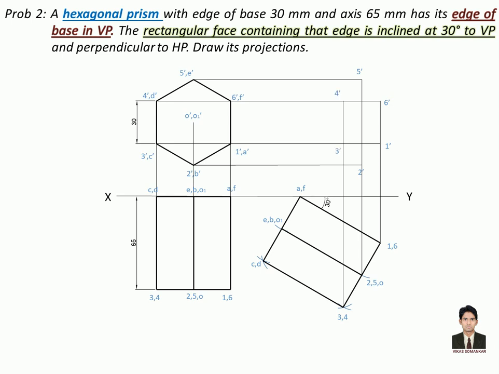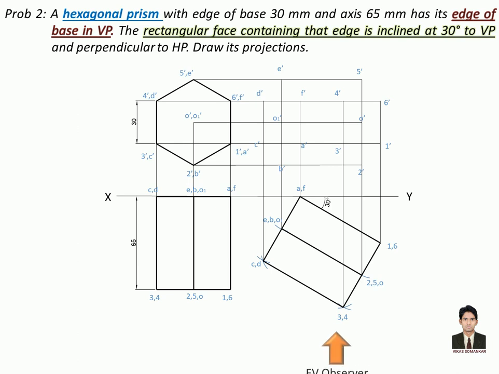Similarly take projections of different points A, B, C, D, E, F and get points A dash, B dash, C dash, D dash, E dash and F dash like this. Also project the end points of the axis to get O1 dash and O dash. We have plotted all the points in the projection view. To complete the diagram, we will refer to guidelines for the projection view. For that, we should know the observer position of the current view. So the current view is the front view. That's why its observer will be below the top view.